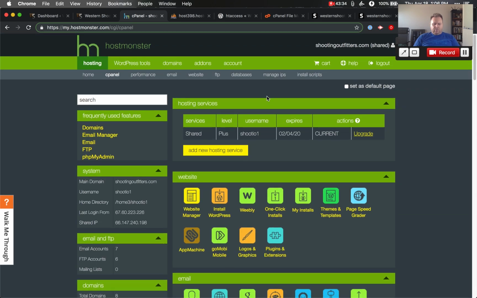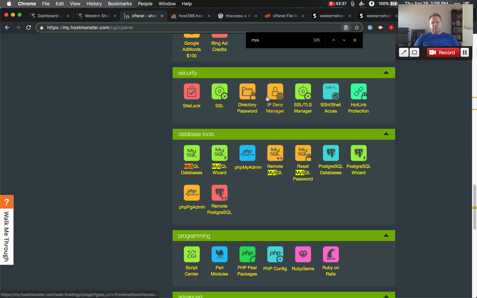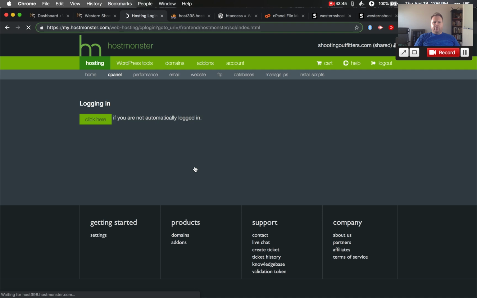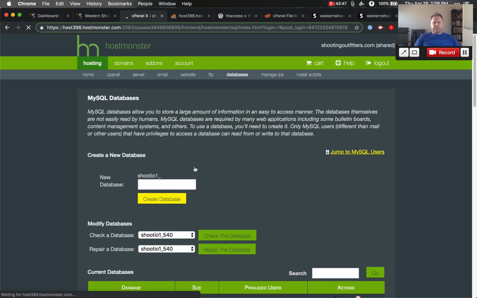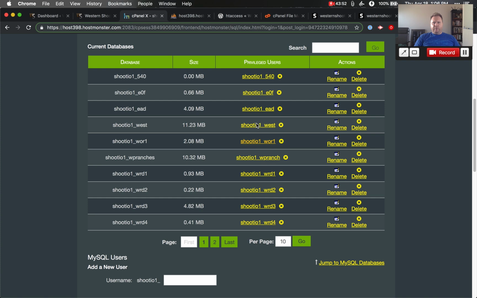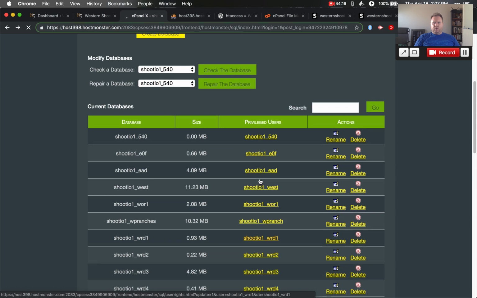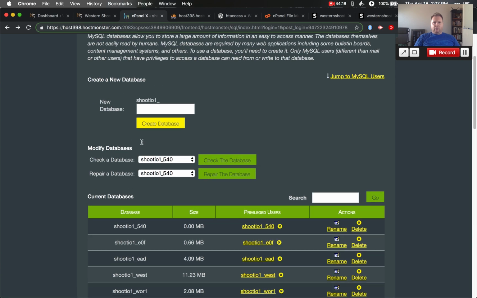So we're going to find database, or MySQL databases is that one right there. And so what we want to do is go and find that database that we're using. So it's the West right here, right? So we can rename it and we can delete it. Let's go ahead and go to this user. And it doesn't look like there's any way to just change the username and password. So what we want to do is create